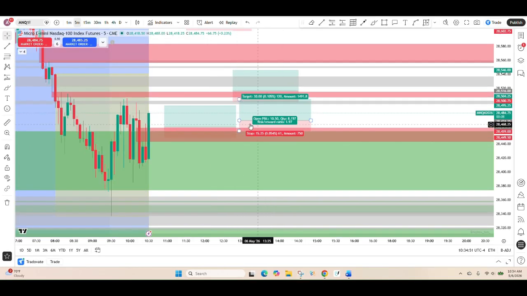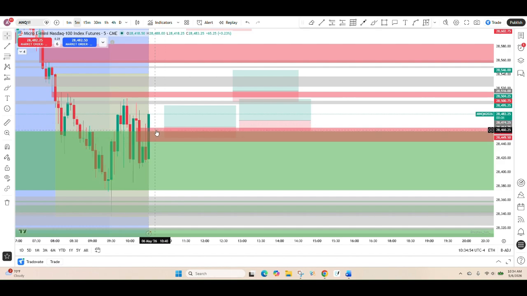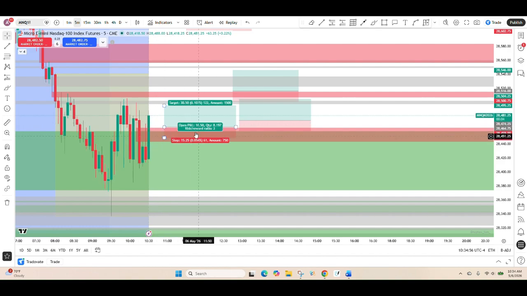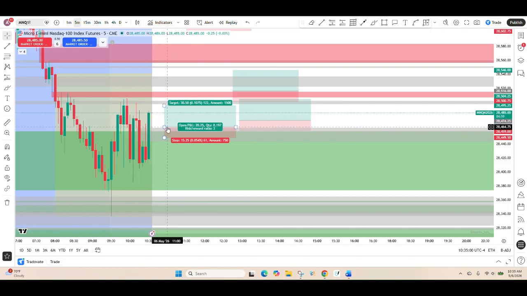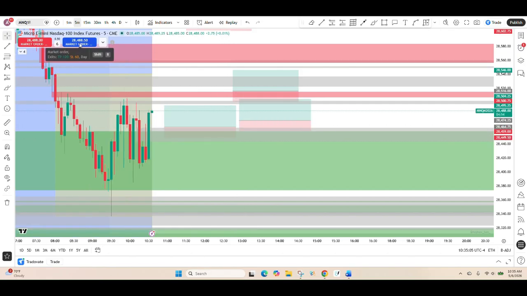Okay, we have about 10 seconds left to this candle closure, and it looks like it's going to inverse this bearish fair value gap to give us an entry. So we'll wait for price to either come back right here to this line or right here. Okay, so we're waiting before we enter for long.